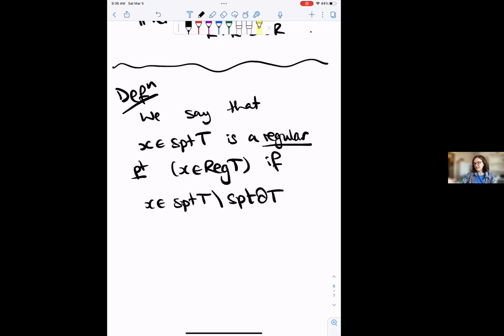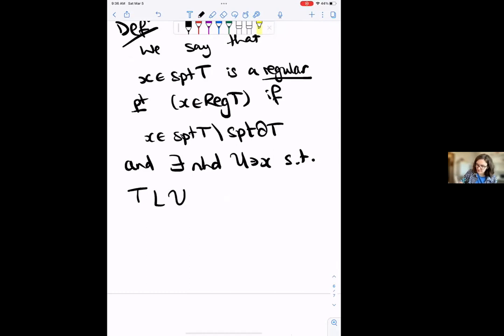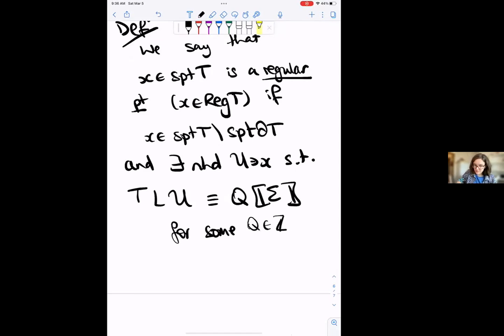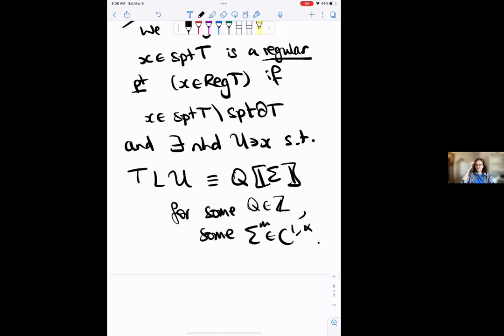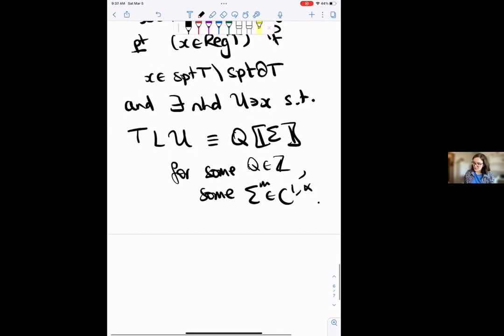So we say that a point is regular if it's an interior point and there exists a neighborhood of this point such that, locally around this point, your surface is really a single smooth guy with some integer multiplicity. So for some integer q, a C1 m-dimensional surface. And consequently, we say that a point is a singular point,